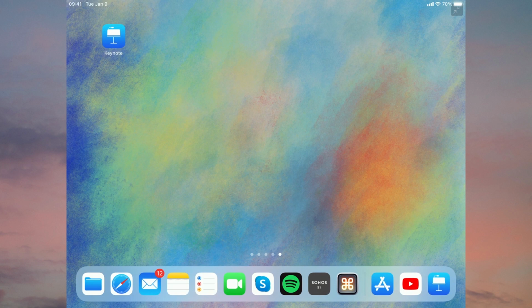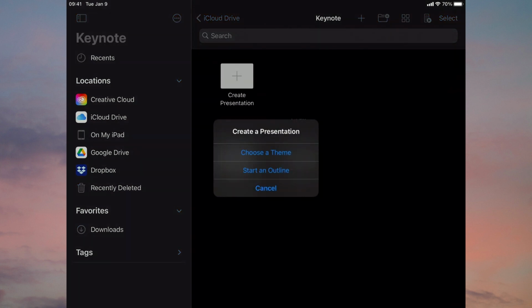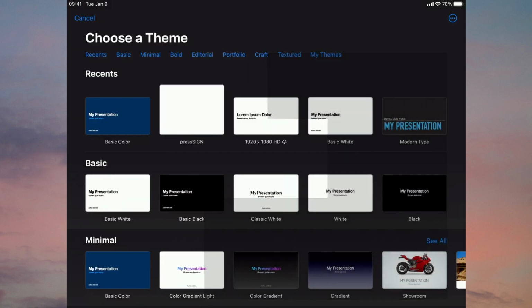So now we'll go into the iPad settings and show you how to set this all up. Firstly, you'll need to go into your iPad and go to the Keynote application. If you haven't got the Keynote application, it's free on the Apple App Store. I'm going to now touch on the Keynote icon, and this brings up the Keynote interface. We're going to choose the top left-hand white icon that says Create a Presentation, and then we'll choose a theme.